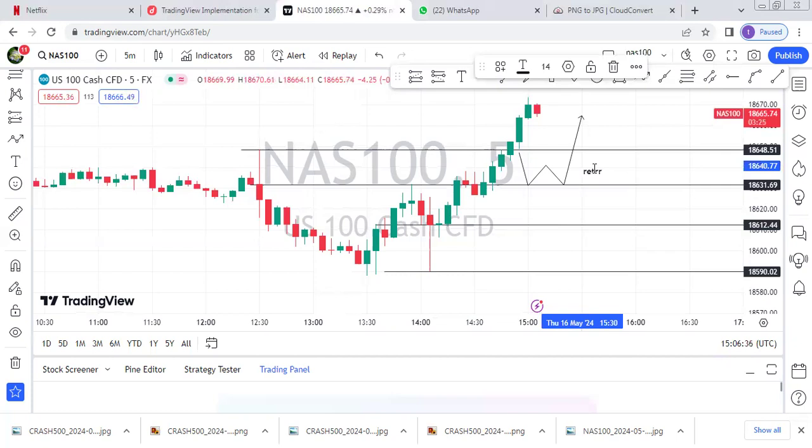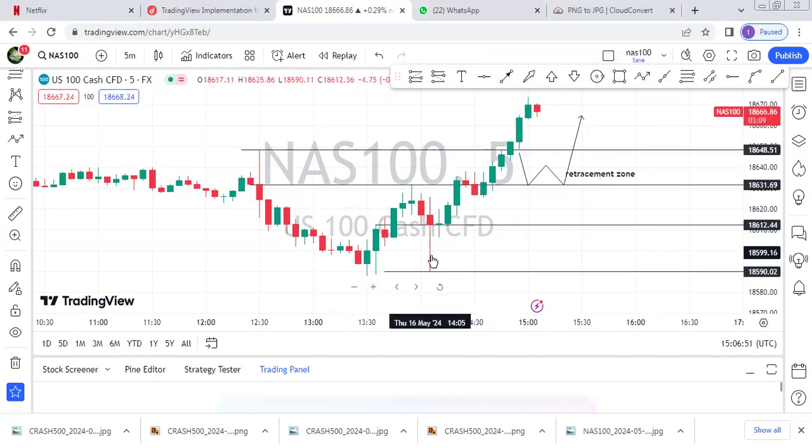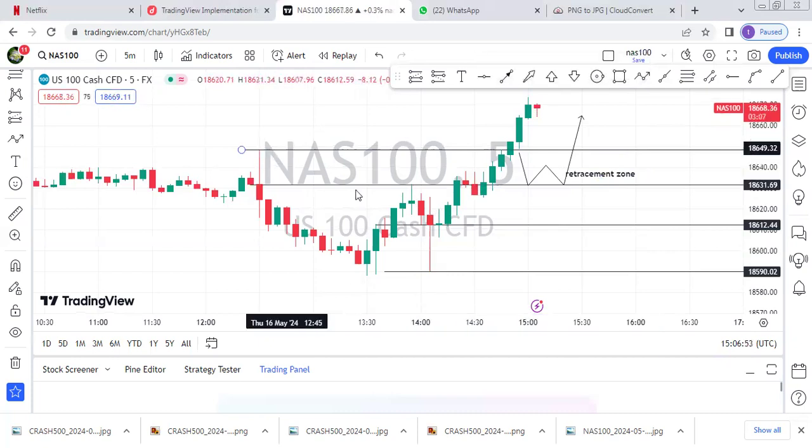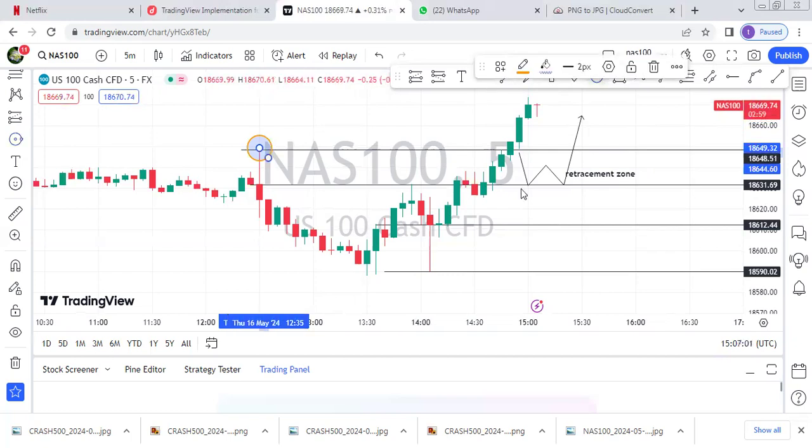Retracement. So, okay, this is where we're going to take our retracement zone on Nasdaq here, right? So this zone here, from that high that we created on 5 minutes, from here, and this low here,